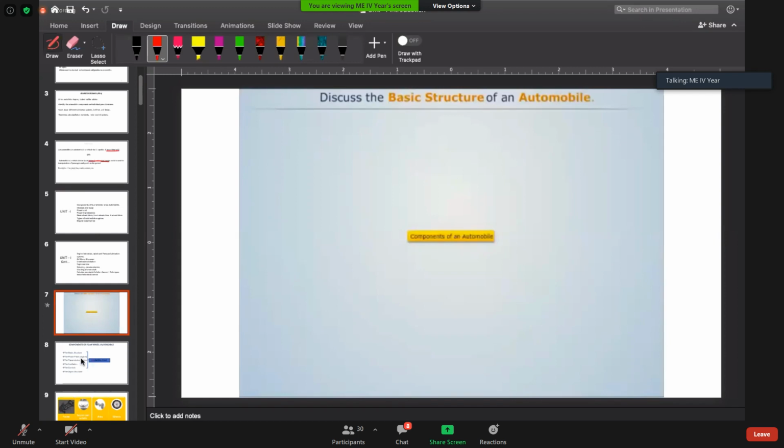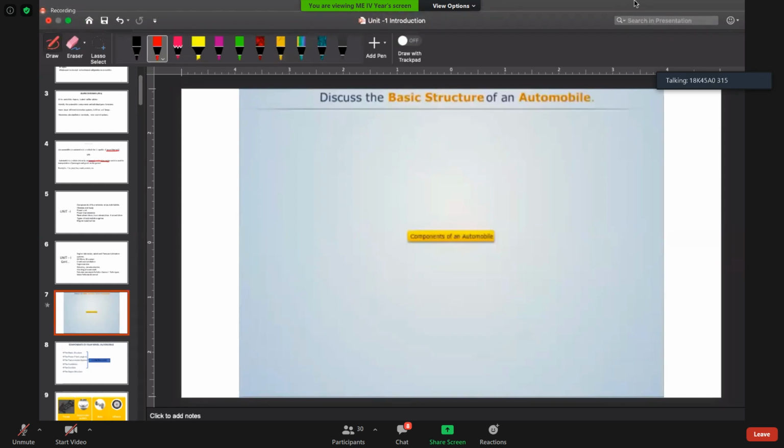Now, I'll start with a short video. You all keep your notebook and pen with you and try to note down the important points. After that, we will have a discussion on it, and you have to take part in that discussion. Okay, I'm giving you 30 seconds. Who is not ready with their notebooks?